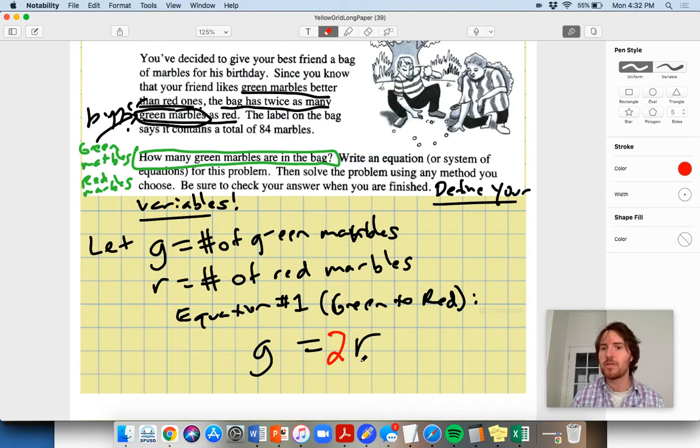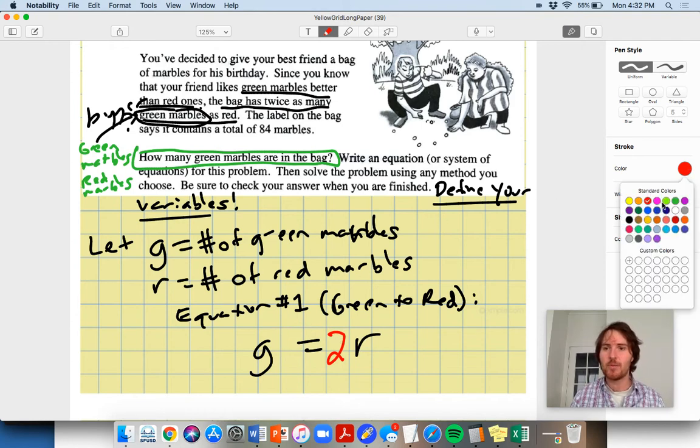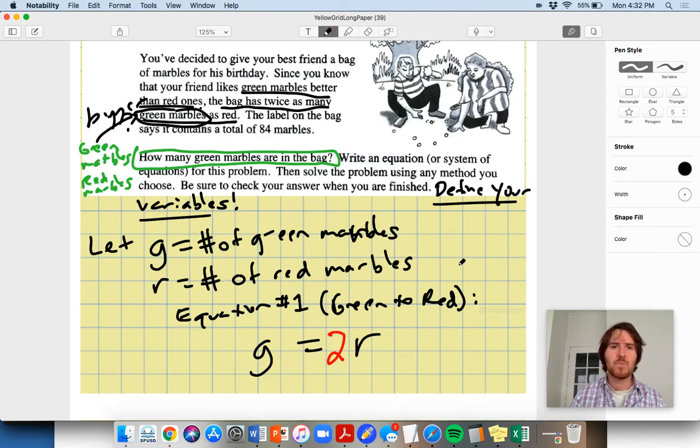Okay, cool. I think we've written this equation right, that based on the number of red marbles, we double it, and that tells us the green marbles right here. Okay, so there's equation number 1. That's the green to red relationship. Okay, and the next thing they said is the label in the back says it contains a total of 84